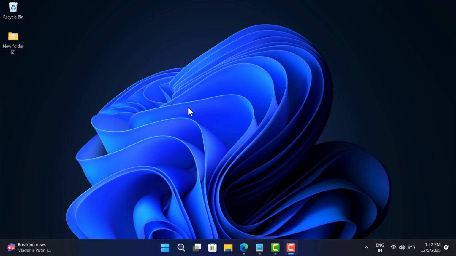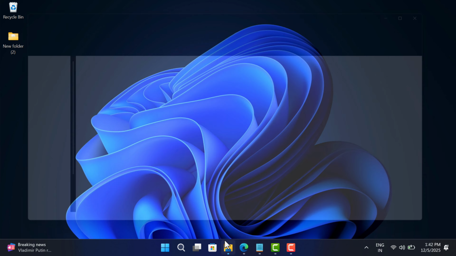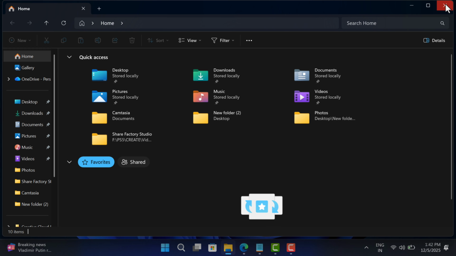In today's video, I'm going to show you how to fix white color flashes when you open File Explorer like